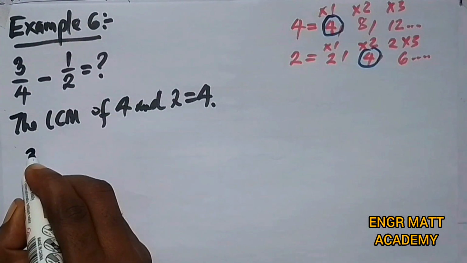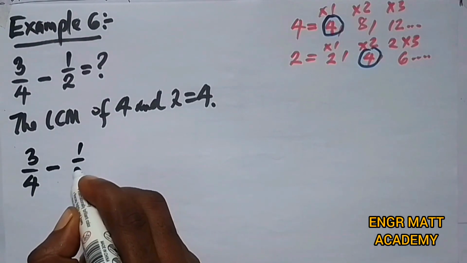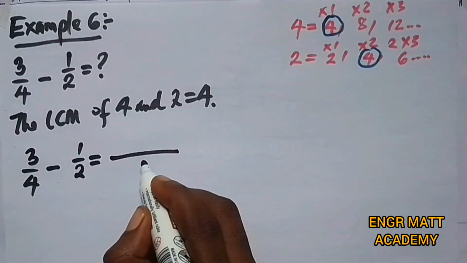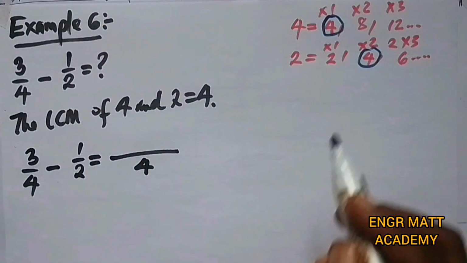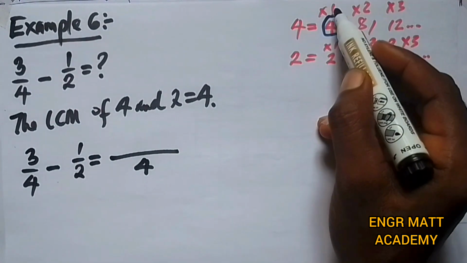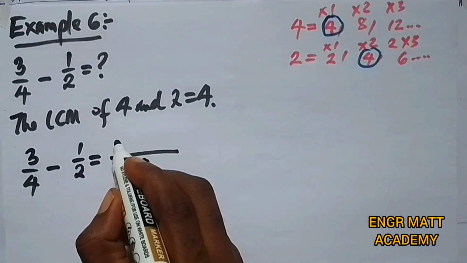So we say 3 over 4 minus 1 over 2 is equal to, we pick the LCM 4. How do we get 4? How do we get this 4? 4 times 1. So this 1 we multiply 3 to give us 3